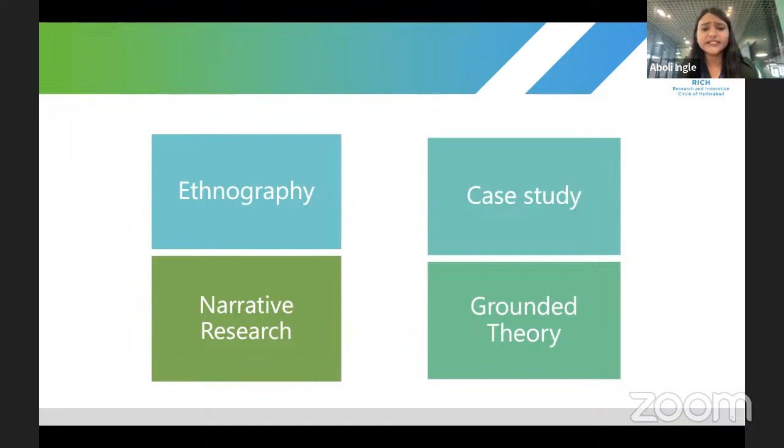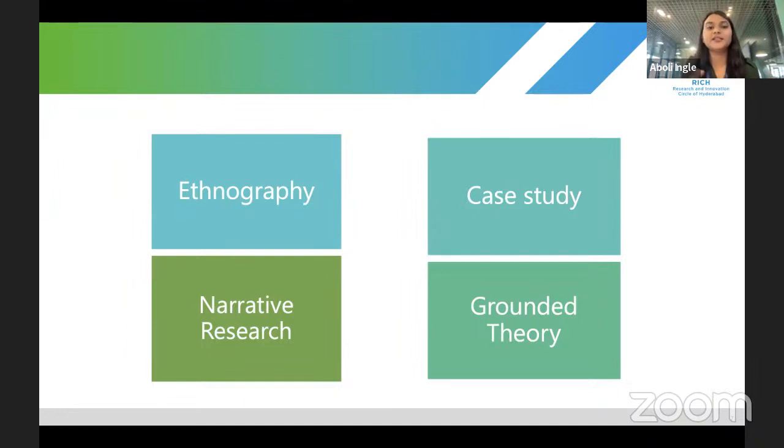Then grounded theory is basically an approach that involves developing theories from the data collected during the process. We don't assume anything. We don't have a subject here that we want this particular information to come out of in this interview. No, we let the respondent speak, and out of the information that he shared, we analyze it and we arrive at a theory.